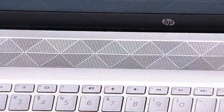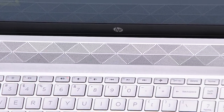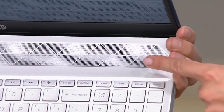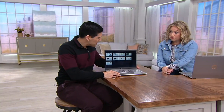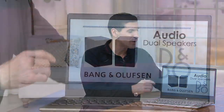Sure thing. Because if you're watching shows, obviously if the battery life can support it and you've got that designer graphics package, when all of that is in place, you also want that full experience, and sound is a critical piece there. That is your speaker that spans the entire width of the computer. That's right, and it's not just any speakers. This is a diamond cut design. This is audio by Bang & Olufsen. Bang & Olufsen is a super high-end audio brand that you might have seen in high-end cars or in different boutiques. And what that's going to do is give you a rich, truly cinema-like sound from your computer. So not only do you get the beautiful